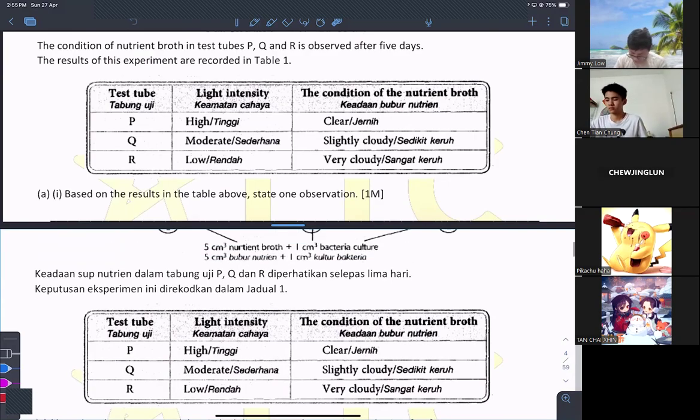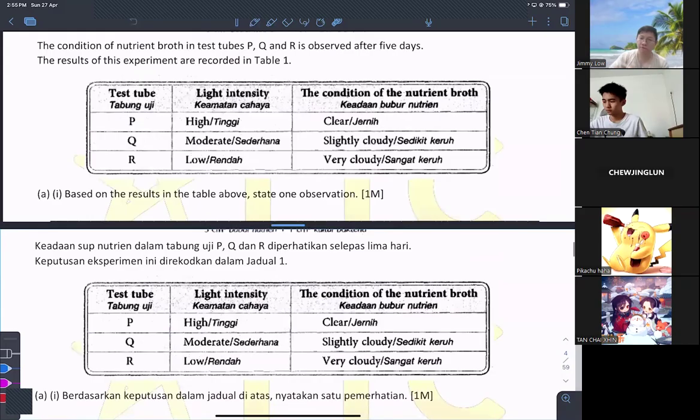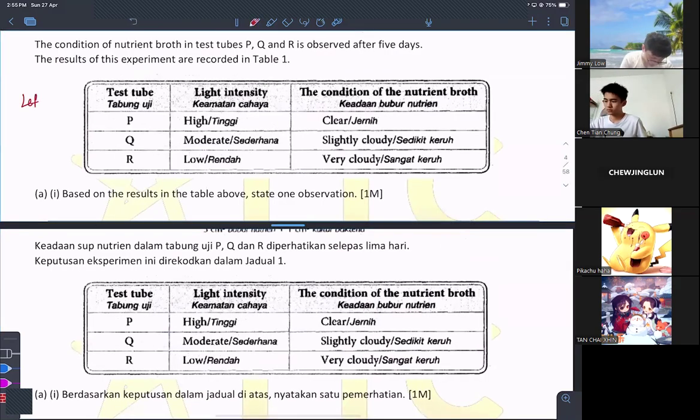Usually, you have table, right? We always refer to the table first because the table will tell you everything. Usually the left-hand side will be your MV. If left-hand side is MV, then right-hand side is your RV. Usually. If it doesn't work in this way in the table, then somehow it might be upper part is your MV or lower part is your RV.